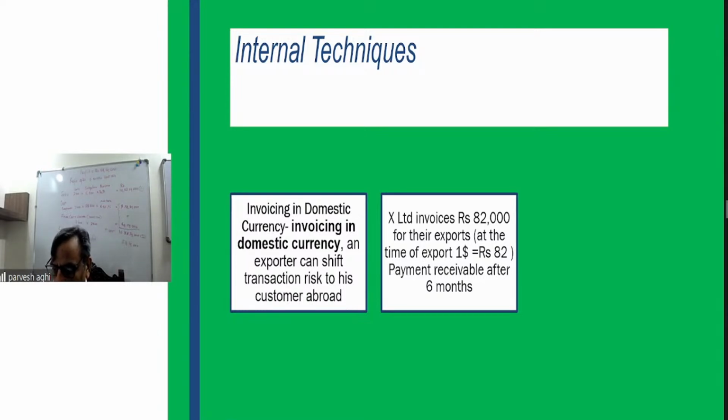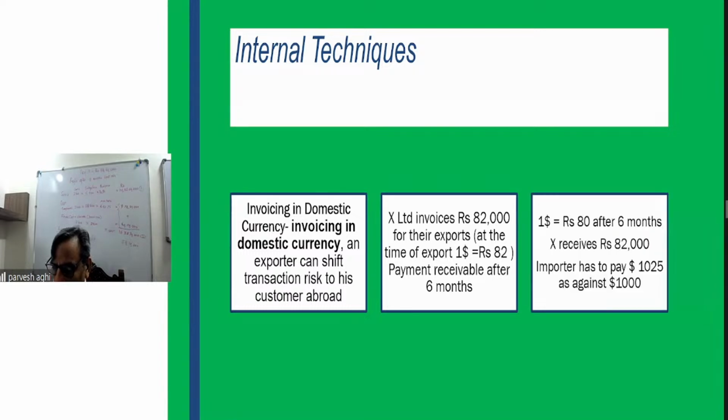So at the time, the dollar was 82. The payment is receivable after 6 months. Now after 6 months, the rate of the dollar is 80 bucks. $1 is 80. Now X will still receive 82,000 because he's not impacted by the dollar movement, because he has shifted the risk onto the exporter. So the importer has to pay